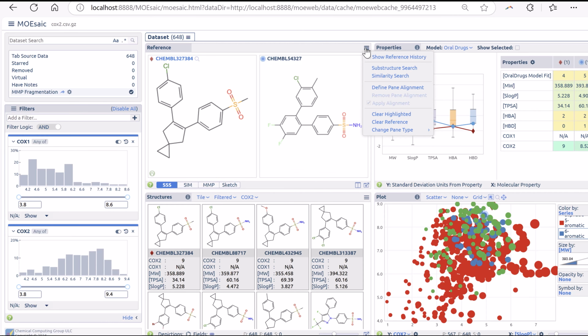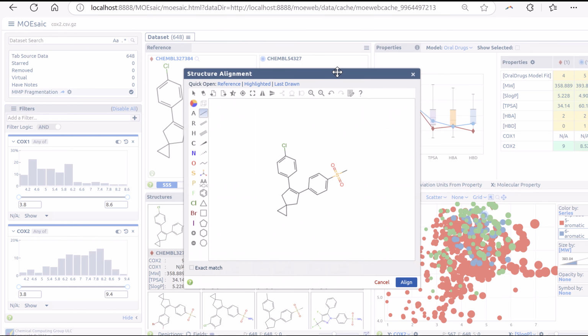So I can do that from the reference pane by clicking Define Pane Alignment, which opens a sketch tool with different atoms and bonds, and then various options that allow us to manipulate the view and orientation. So I'm just going to use the reference structure to isolate the substructure of interest. I will perform